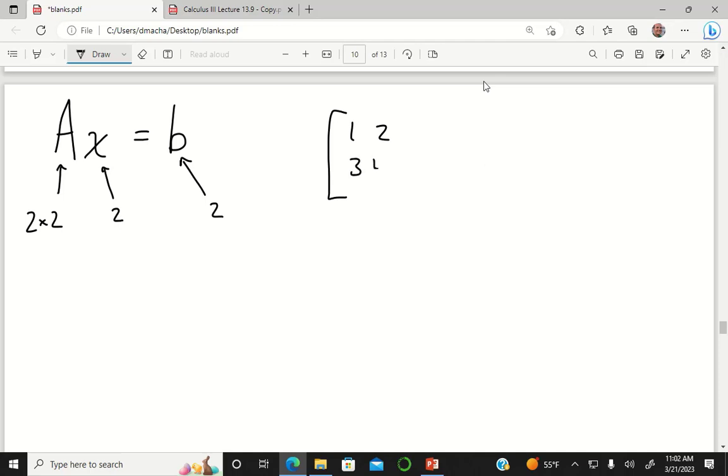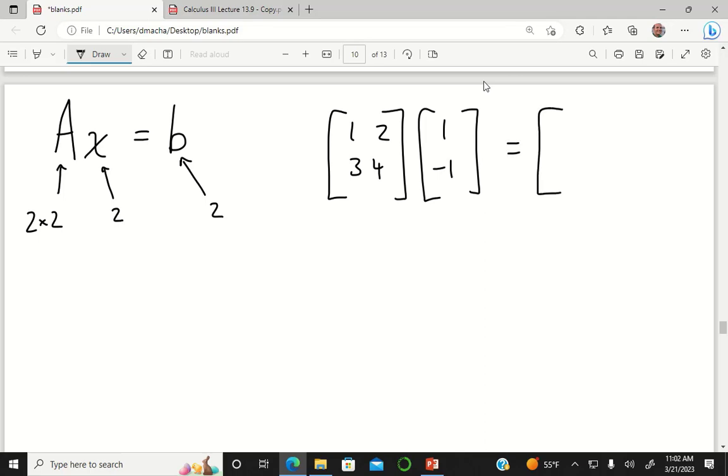If I have a matrix and I want to multiply my matrix times a vector, like I have a matrix A and I multiply that times a vector X, and my product is going to be a vector B, right? And so let's say that A is a 2 by 2 matrix, and so that means X is a vector with 2 entries, and then that means B is going to be a vector with 2 entries, right? So I could write something like 1, 2, 3, 4 times the vector 1, negative 1,